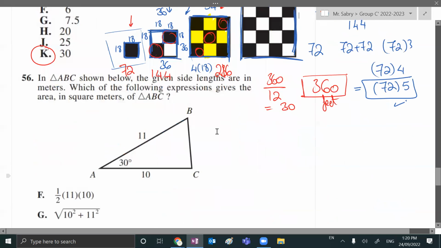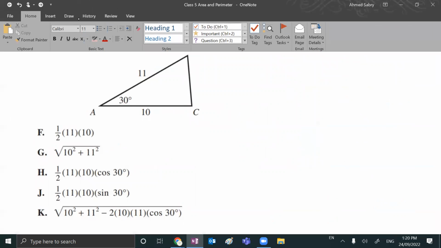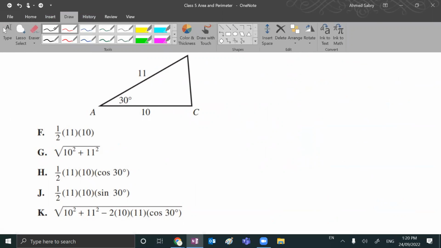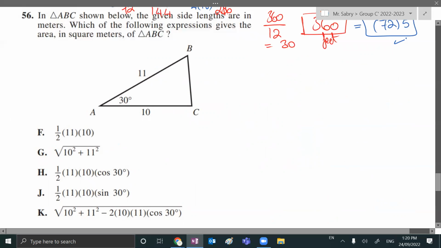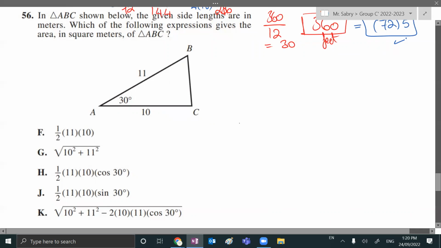Moving on to 56. As I said, it was my own mistake. I told you that the area of any shape in the world is supposed to be base times height, and then when I told you if you have two sides and the middle angle, you can use half times the two sides times cosine the middle angle, and that's completely incorrect. I'm sorry about that. It's actually half times both sides, which are 11 and 10, times sine the middle angle,